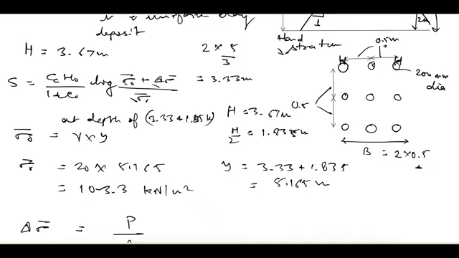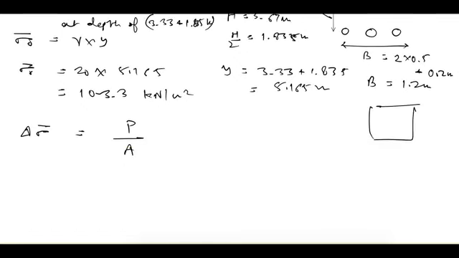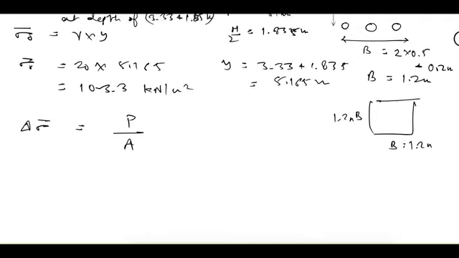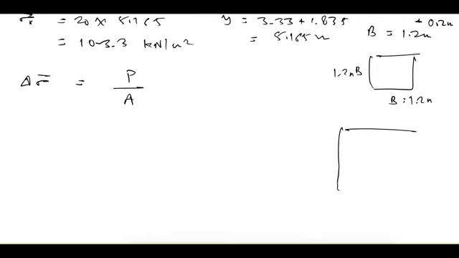So d by 2 plus d by 2 is d, that is 0.2 meter. So b is equal to 1.2 meter, and in the perpendicular direction, so if I show here, the increased area would be, so initial area is b into b, that is 1.2 meter into 1.2 meter, and the increased area,